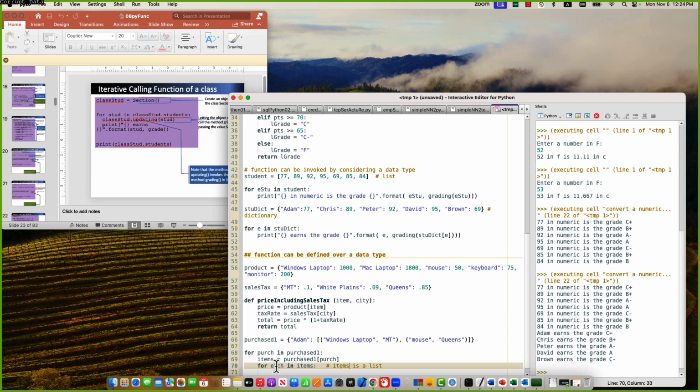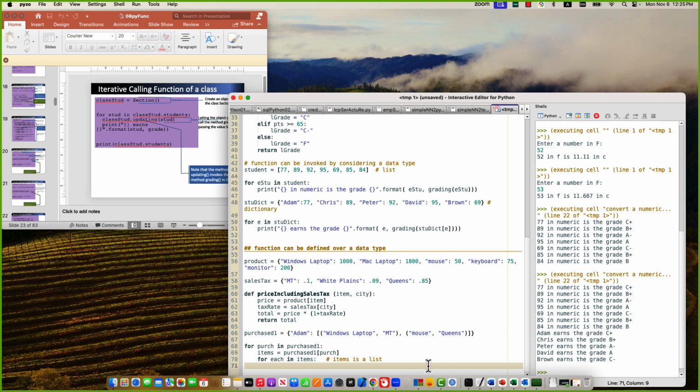So for each means an index, because a list is accessed by an index. So the first index will be a tuple. Okay. So this tuple, then very nicely, we can send item and city, right? So we can get the price included in tax. There we need to send